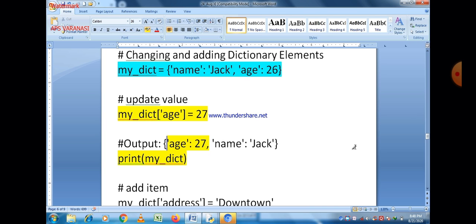If you want to print my_dict, you can easily see it on the screen. The age key already exists in the dictionary, and we assigned the value 27, so it actually updates the value of age in the dictionary my_dict.